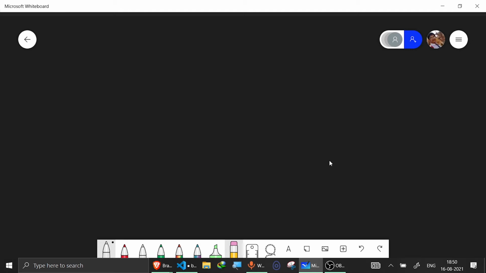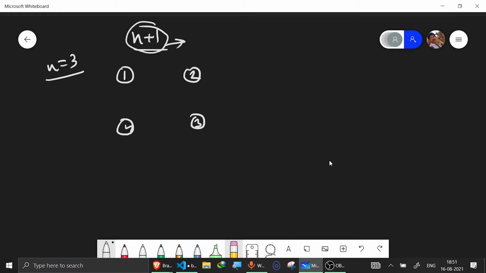So basically, what it is saying is that there are n plus one villages. Forget the term villages, just assume them as nodes. So you would be given the value n, suppose I am taking the example n equal to 3. So there are 4 nodes, as it is already said, n plus 1 nodes are there. And it is said that every node from 1 till n would be connected by a directed edge from i to i plus 1. So 1 would be connected to 2, 2 would be connected to 3, and so on, till n minus 1 edges only. So here this would be connected.